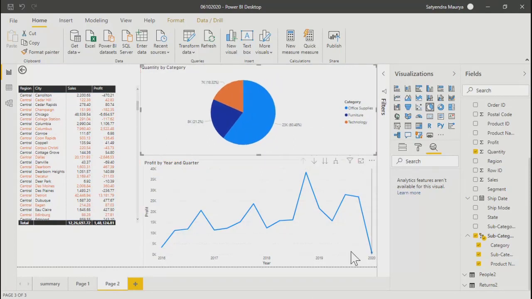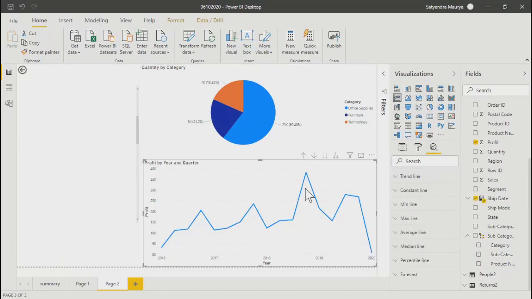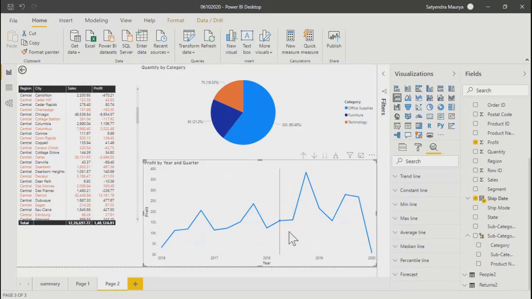Even for pie chart it is not there, but for only this thing is there. I'll talk about these lines one by one, but before that, we just looked at the filters.